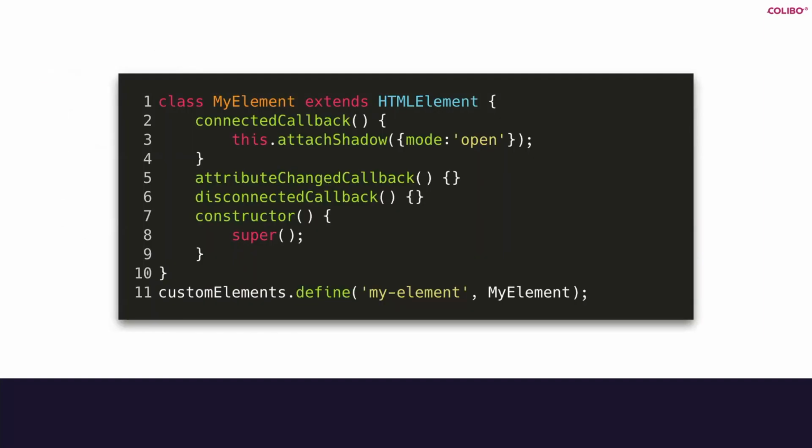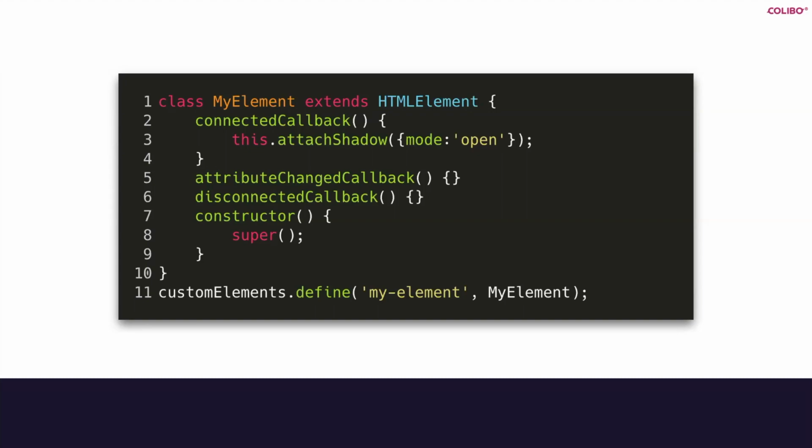So this is a very straightforward web component. It's a class. It needs to be a JavaScript class that extends the base HTML element, which is the base class that any element in the DOM actually extends from. And then there are some lifecycle callbacks for whenever it's put in the DOM, the connected callback, and the disconnected callback for when it's taken out, and callbacks for whenever attributes change. And then you see in the connected callback, I attach a shadow, and that's how you actually make the shadow DOM.